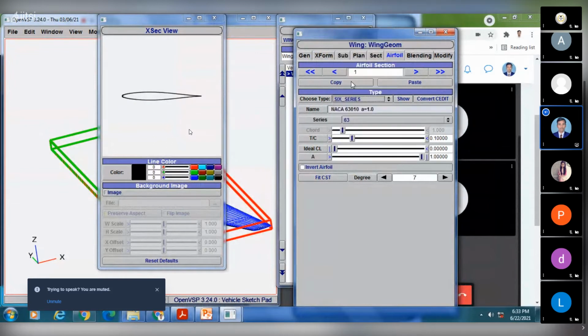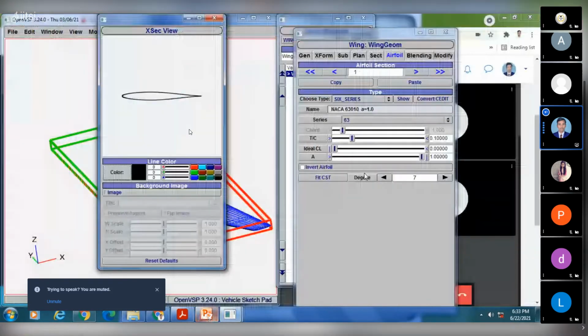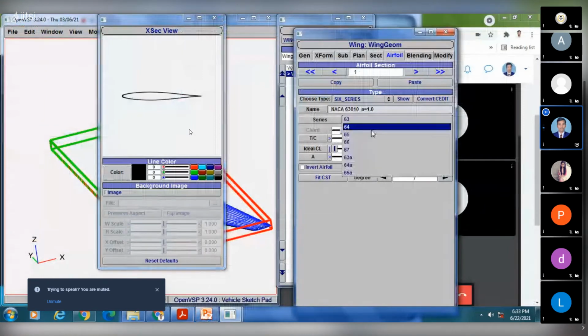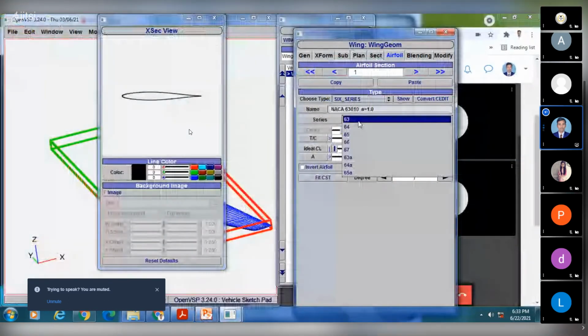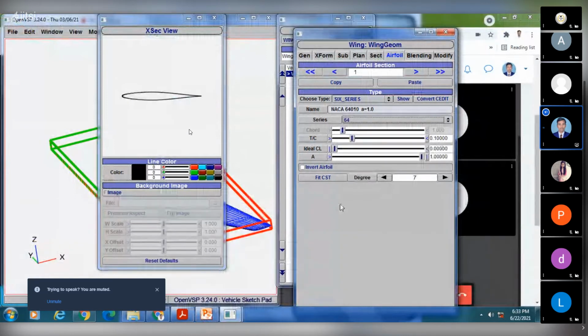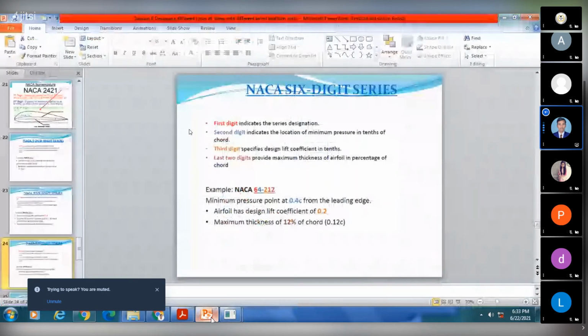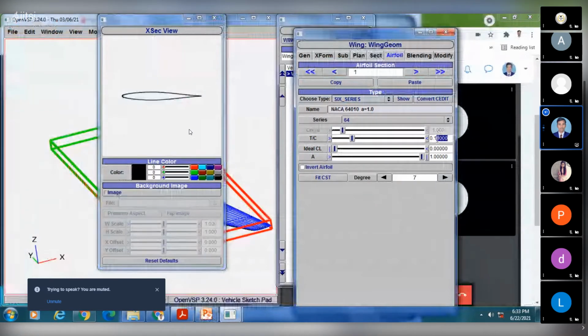Just select this 6 series, and in it, which series do you need? 64, 63, 65, 66, 67. Here we need 64, so I'll change the series 63 to 64, and the thickness to chord ratio at 12%, 0.12, enter.